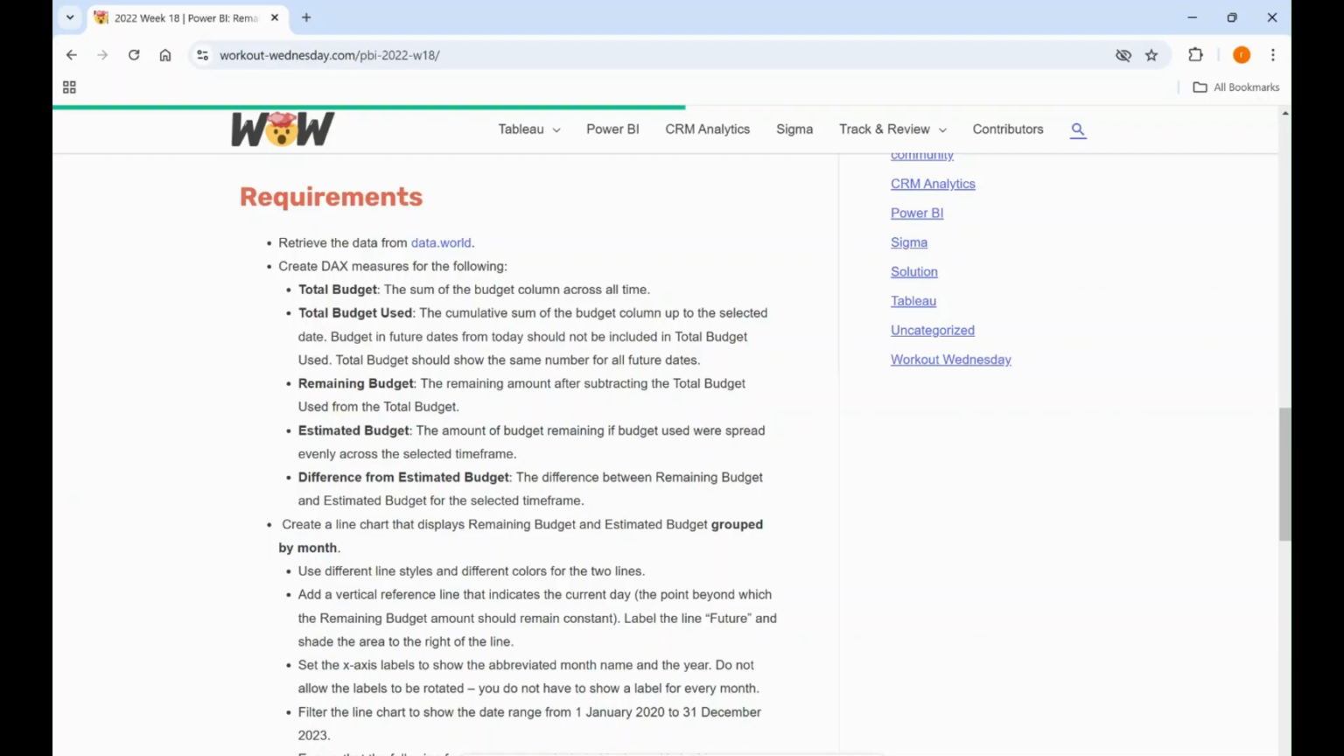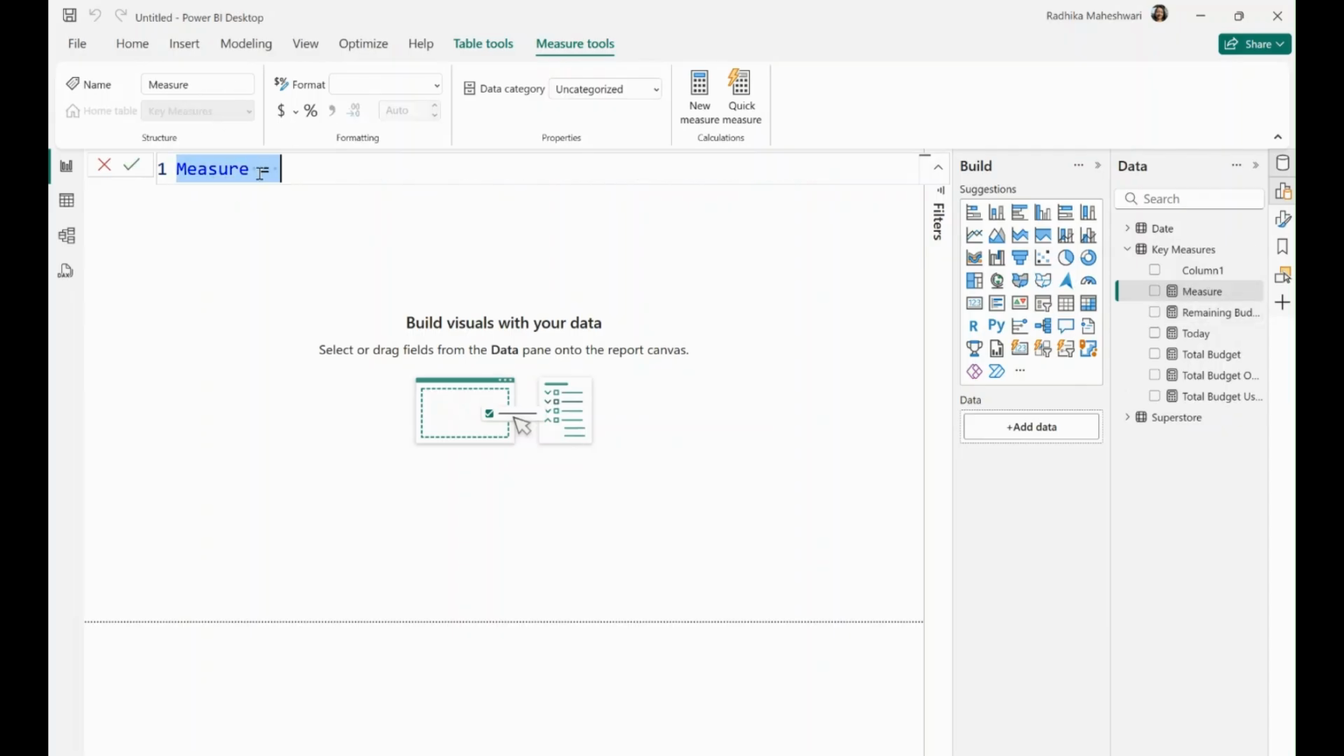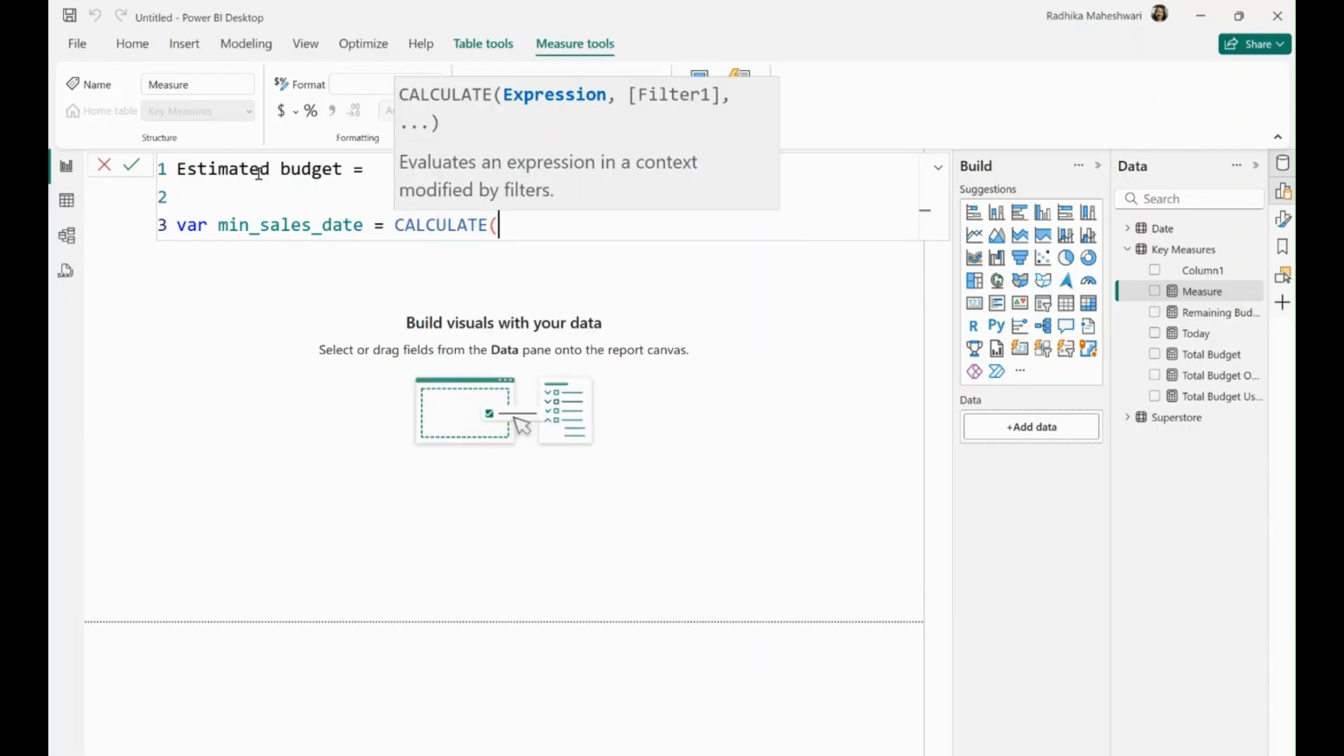Let's go back to our Power BI desktop, and I'll create a new measure and call this estimated budget. And that is equal to, first we need to understand what is our minimum date when the sale happened, like when we have budget for, and what is the maximum date that we have budget for. And for that, I'm going to create two new variables. I will call this min sales date. That is equal to, we can use calculate function again here,